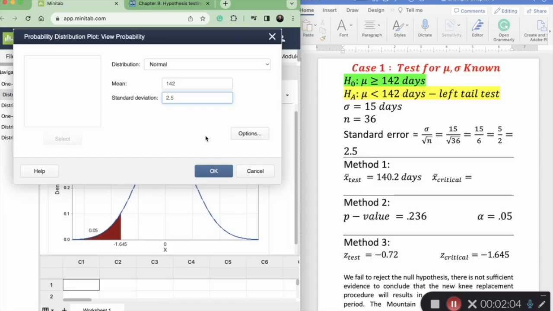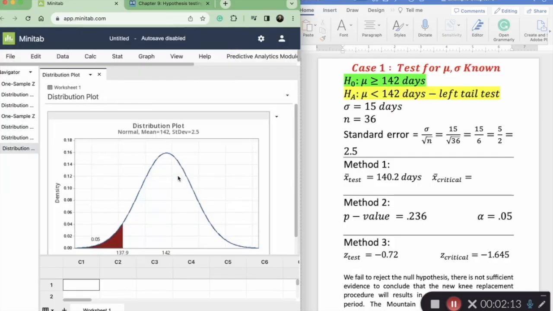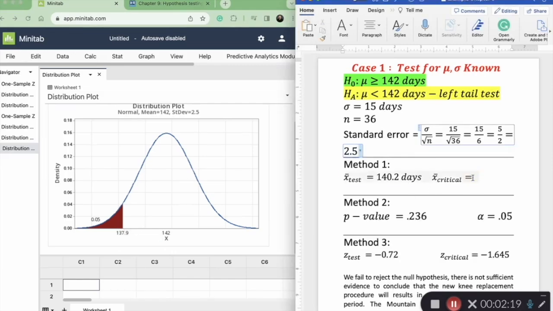And for the options, is it right tail or left tail? It's left tail. What is alpha? Alpha is 5%. Now, what is the value here? It's 137.9 days. So our 140.2 days is located somewhere here. 140.2 is greater than 137.9. This is the critical value, the cutoff value, 137.9. This is my rejection region,